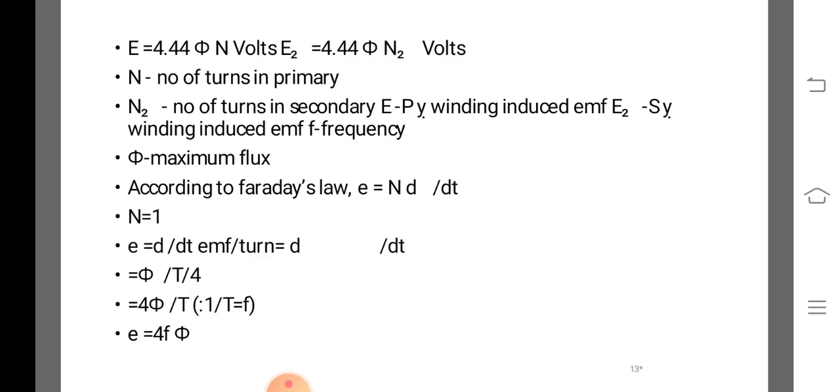Before applying Stokes theorem, we have to see the basic transformer equation: E1 equal to 4.44 phi f n1 volts, then E2 equal to 4.44 phi f n2 volts. N1 is the number of turns in the primary, n2 is the number of turns in the secondary. Phi is the maximum flux. According to Faraday's law, E equal to N into d phi by dt. N equal to 1, so we can get E equal to 4 phi